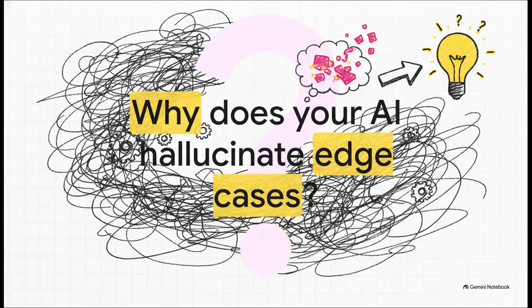Let's start with a pain point I think we all share. Why in the world does your AI builder keep hallucinating edge cases? You know the feeling, right? You give it a task, it writes the code, but it just constantly messes up those subtle load-bearing rules. You end up going back and forth, correcting the exact same logical errors on the fifth pass that it really should have caught on the very first one. It is so frustrating. Well, it turns out the problem actually isn't the AI's coding ability, it's our instructions.